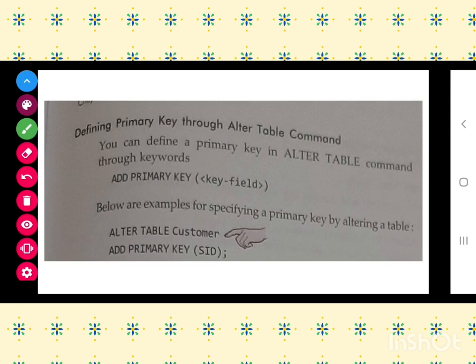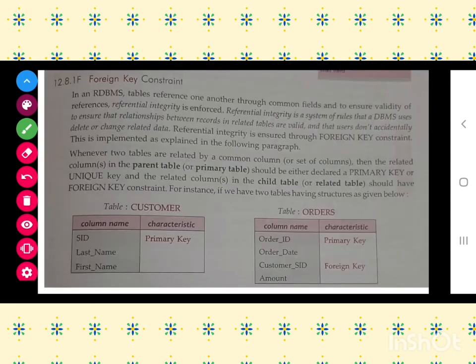The alter method is used the most because in the starting we do not know which column to make a primary key, and later on we analyze all this and we make the changes. So class,